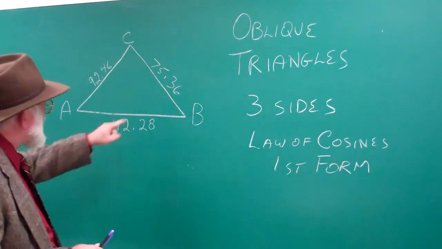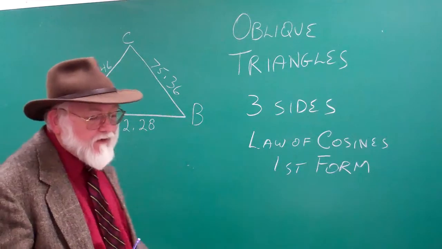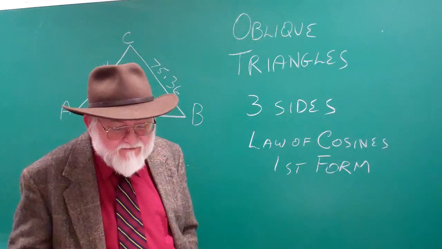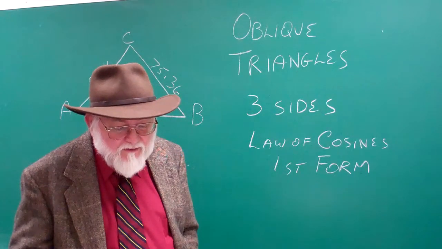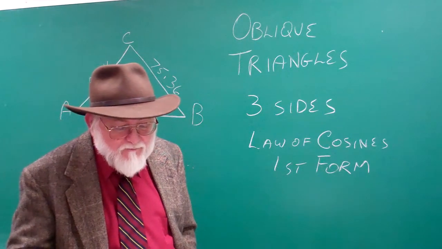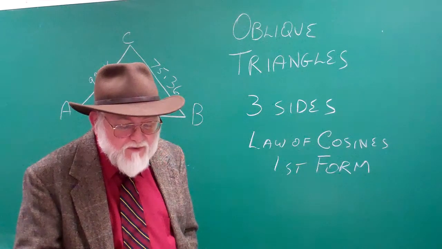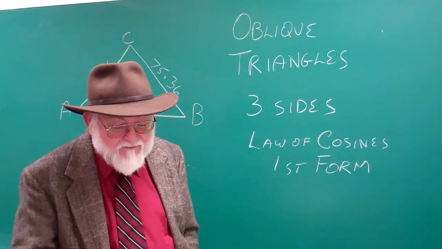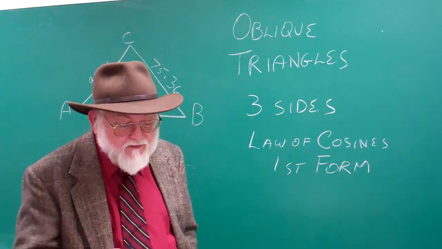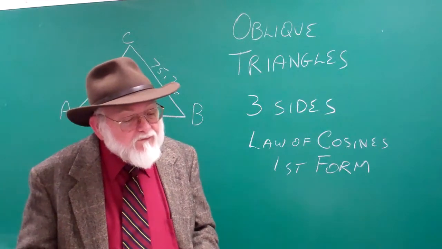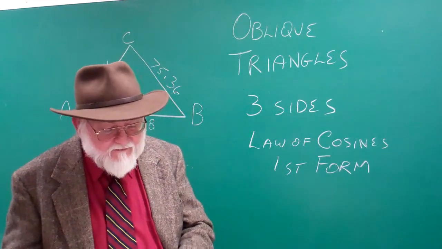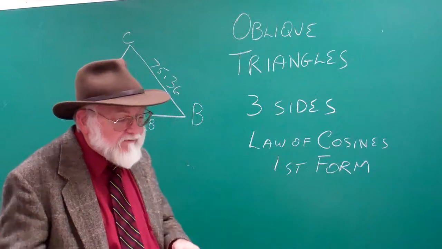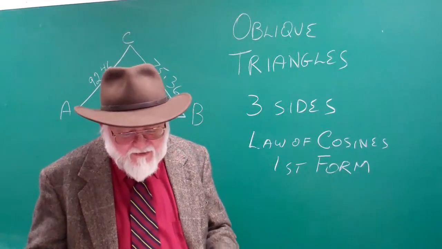Here's a triangle. We've got three sides. We don't know any of the angles yet. So look at the sheet and you'll see, to solve for the angles we use the law of cosines, the first form, because to solve for that you have side A, side B, side C, and that gives you the cosine of A, the cosine of B, and the cosine of C. So anyway, first formula, we're looking for cosine of A, so that's B squared plus C squared minus A squared over 2 times BC. So quick in your calculators,